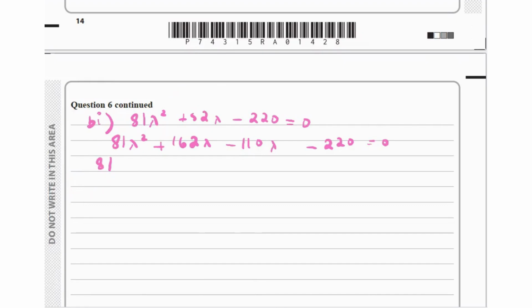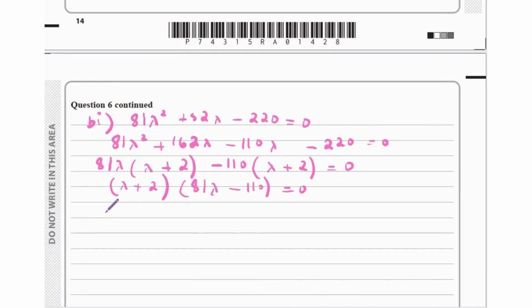So 81 lambda bracket lambda plus 2, minus 110 bracket lambda plus 2. So lambda plus 2 bracket 81 lambda minus 110 equals 0. So lambda equals negative 2 and lambda equals